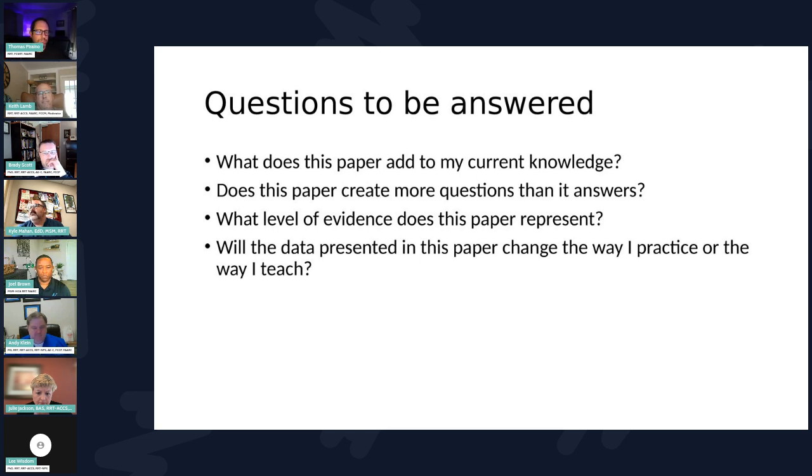Is there a safety committee? Are there people that are responsible for stopping a trial before it hurts people? And what level of